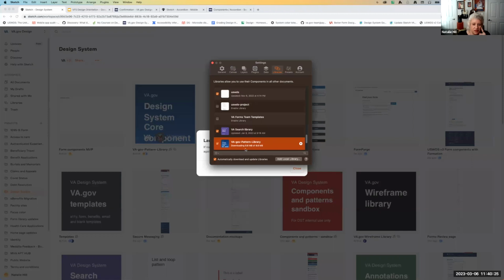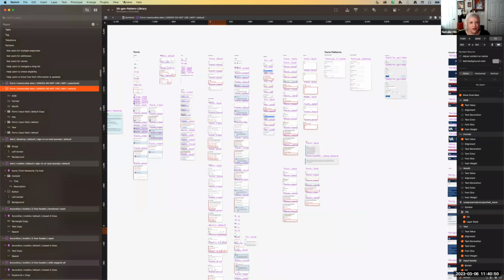I expected it to launch my desktop app. I think it is. I just think it's going really slowly. But this is the library panel in your settings menu. Let me open up my desktop app. Yeah, I just think Sketch is acting funky because I have a large file open especially, but I just wanted to show you